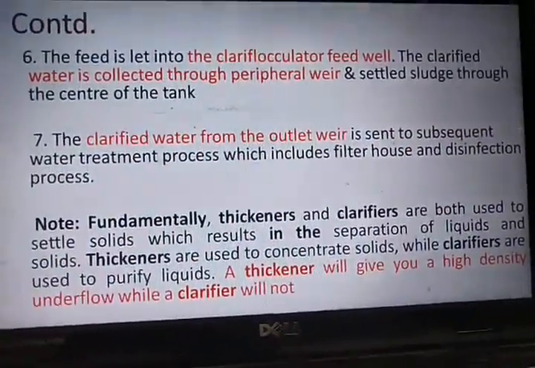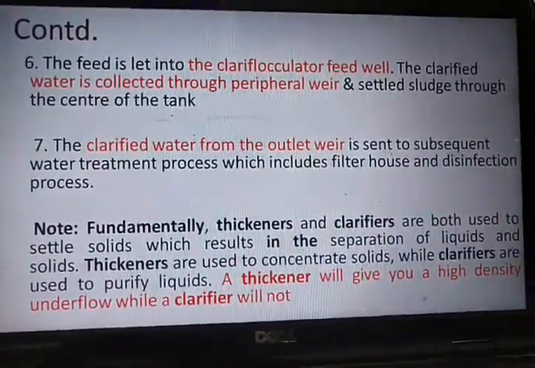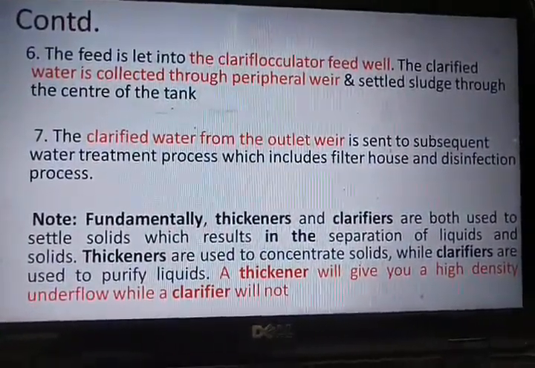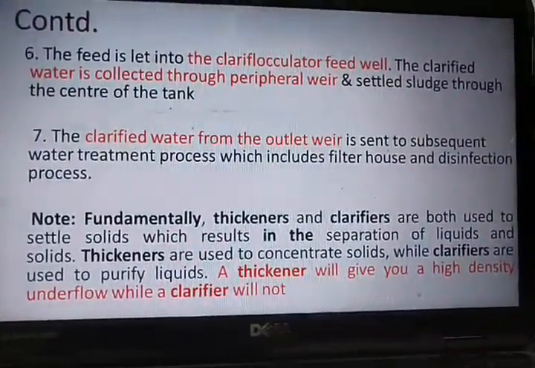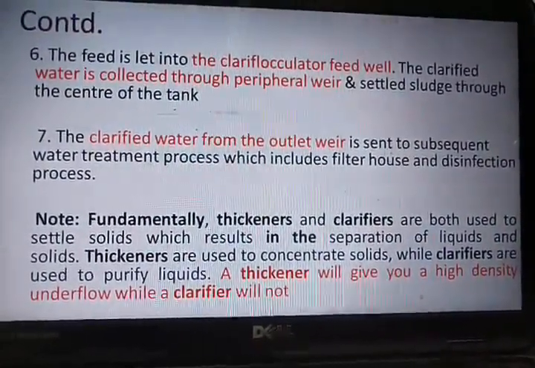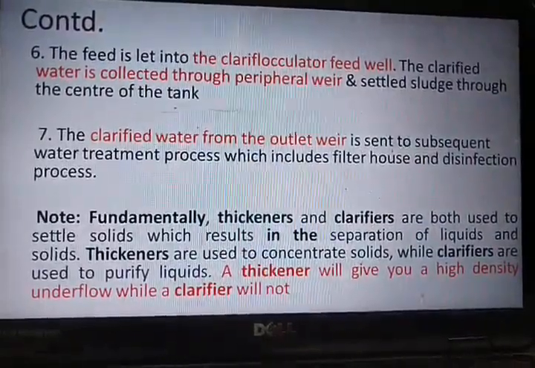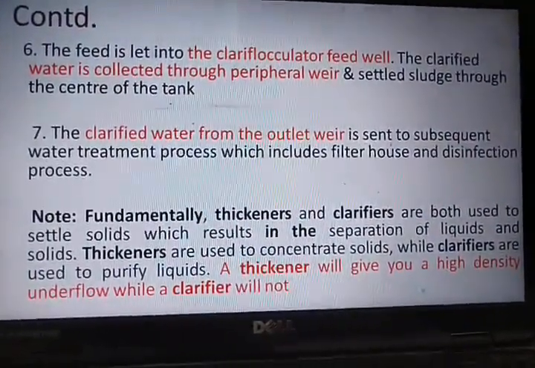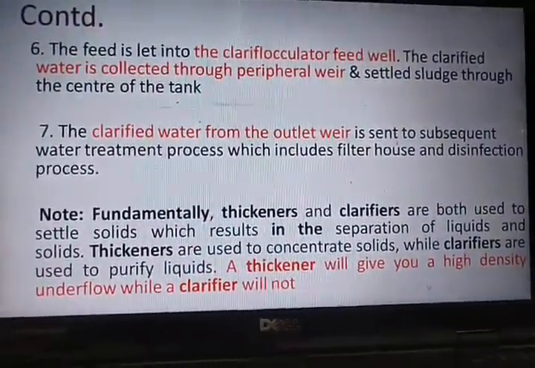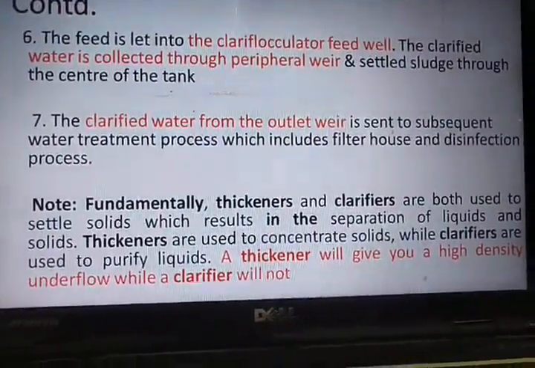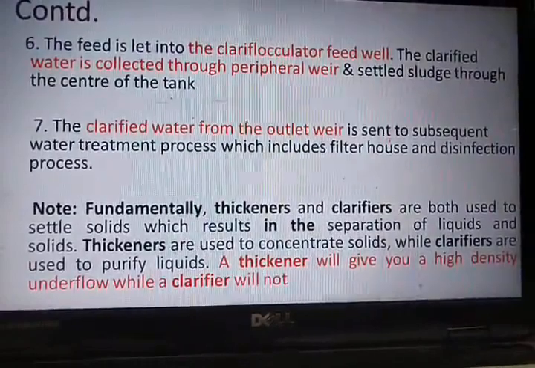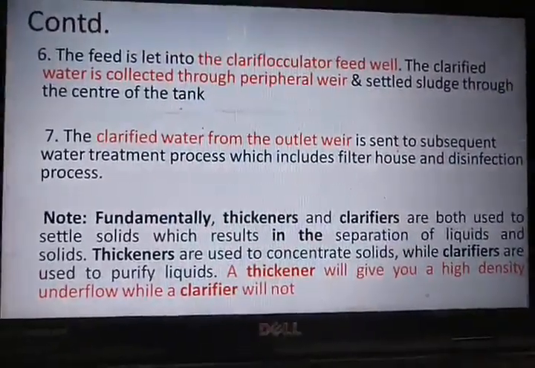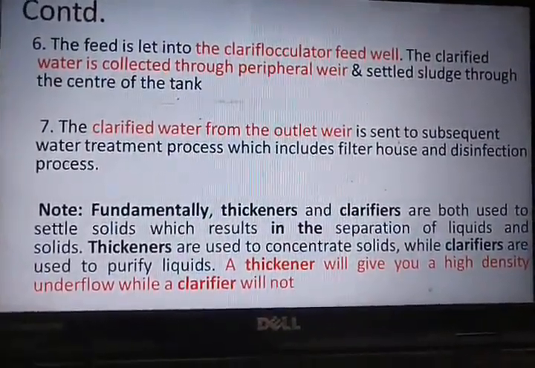Here the feed is let into the clariflocculator feed well from the center. The clarified water is collected through the peripheral weir, unlike other normal sedimentation tanks, and the settled sludge is collected from the center of the tank in the sludge pit at the center. Then the clarified water from the outlet weir is sent to the subsequent treatment unit, that is filtration and disinfection